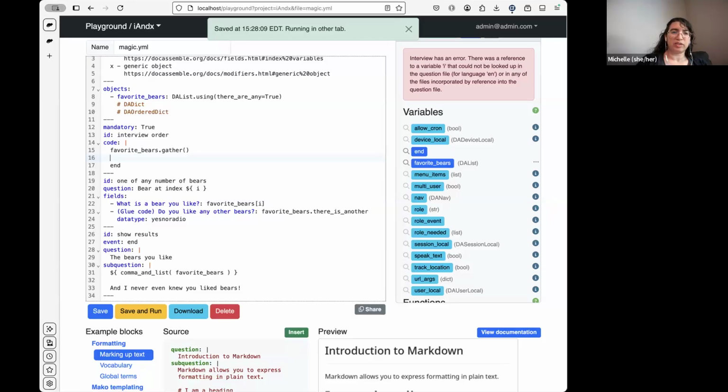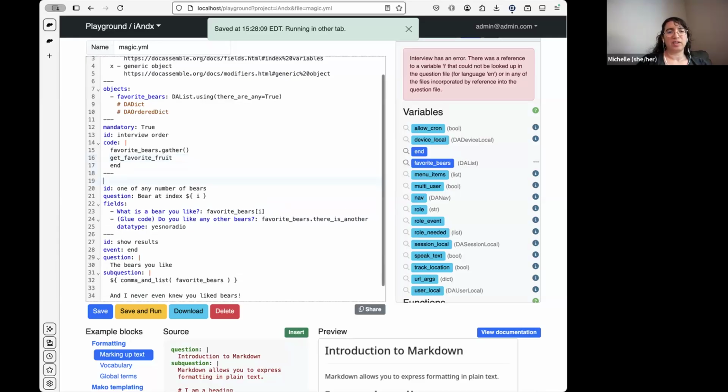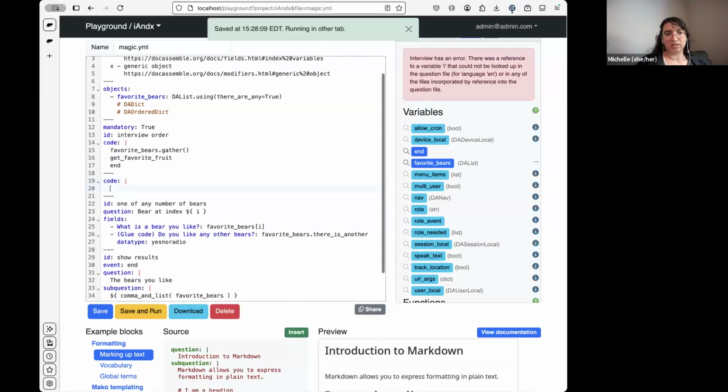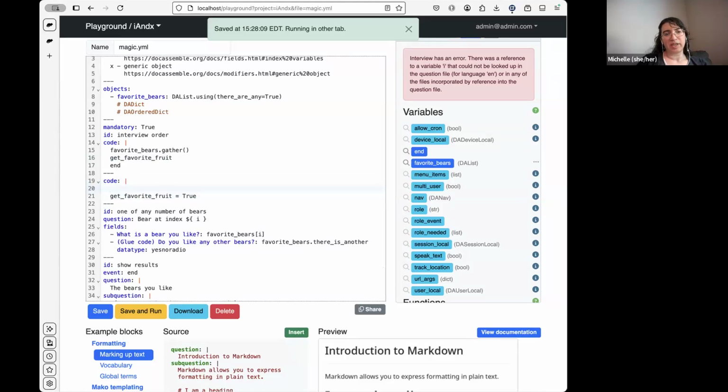So if I just went favorite apples, favorite apple, get favorite root, and I added a block here that had code, and I said get favorite fruit equals true, and I had